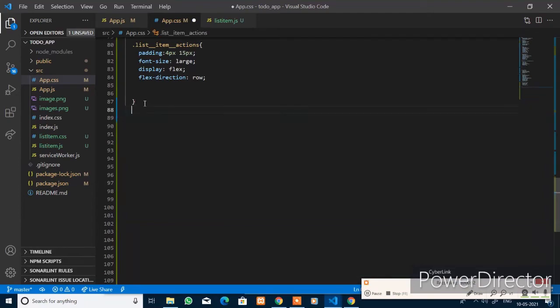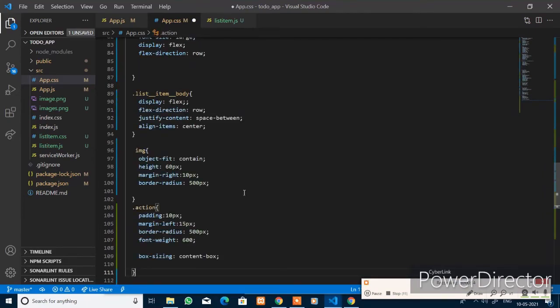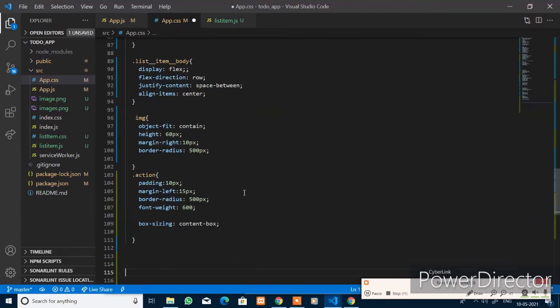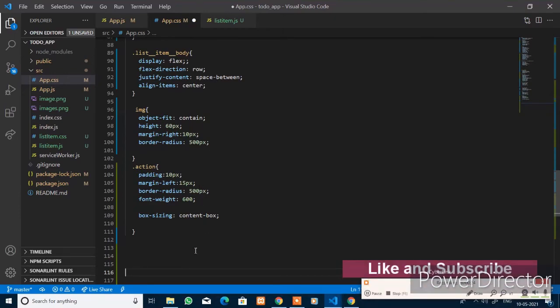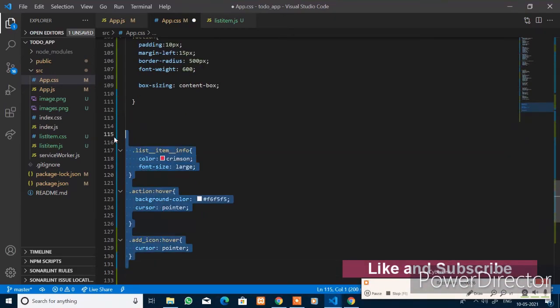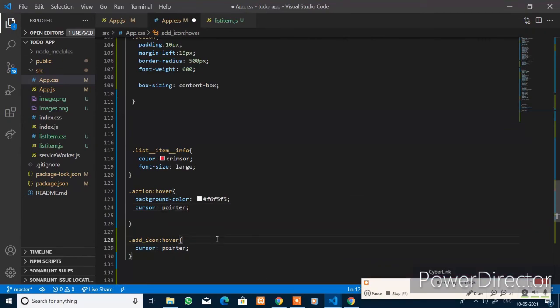After that you add a few more, list item body, image and the action style, and the image height and properties are set. At last add these styles: list item info, action on hover, and add icon on hover. You will override the styles of that element when this event occurs.